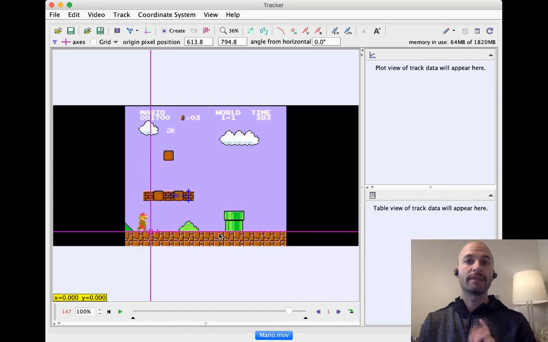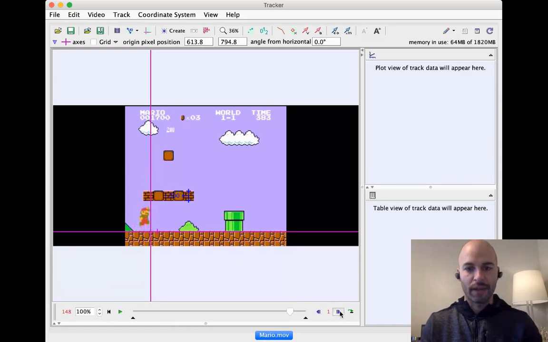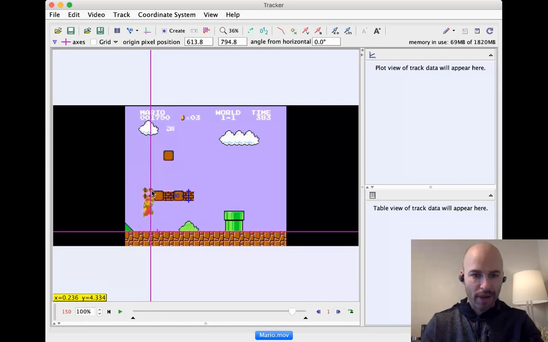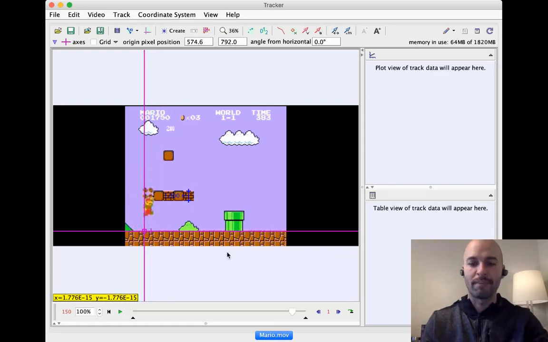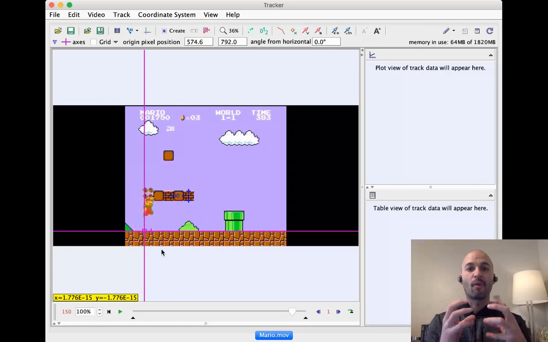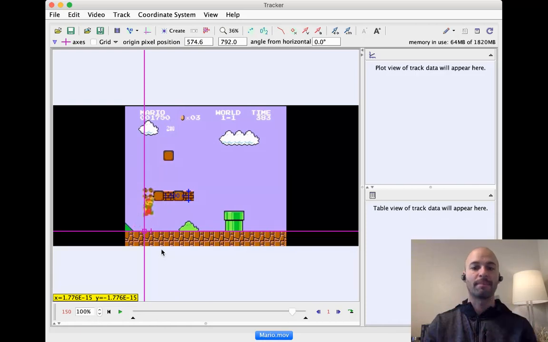Now the other thing that you might want to do is find the frame where your object first becomes a projectile. So I'm going to track, actually I'm going to go left, I'm going to track that left part of that block there. And so I find the frame where that first happens. You can do that by moving frame by